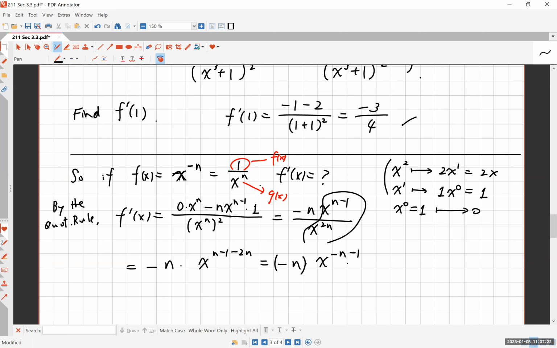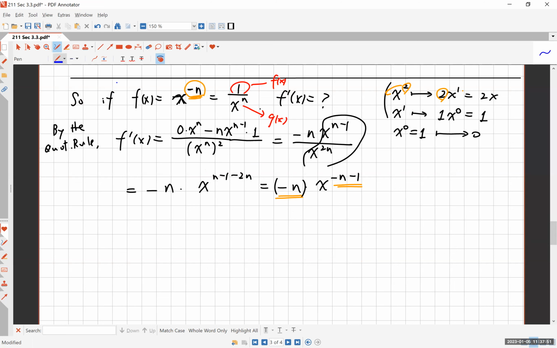So look, this is exactly what we did before. You started with the exponent, we moved this to the front and subtracted 1 from it. That's exactly what we did this time too. You took the exponent, moved it to the front as the coefficient, and the new exponent is 1 less than negative n, or the original exponent. So that's nice. Okay, so this is actually called the extended power rule,